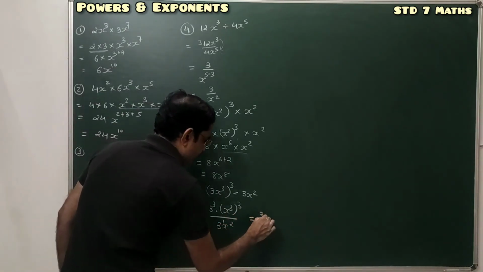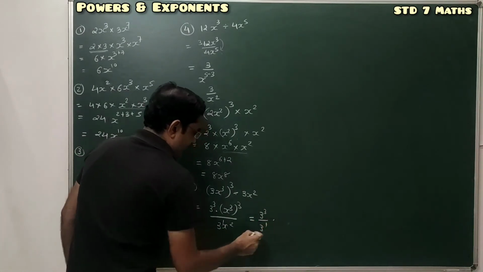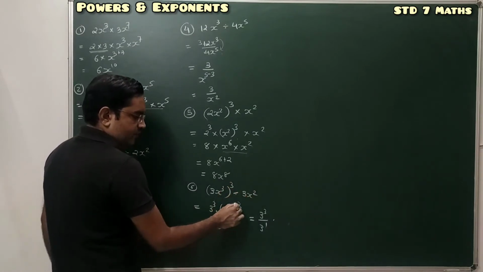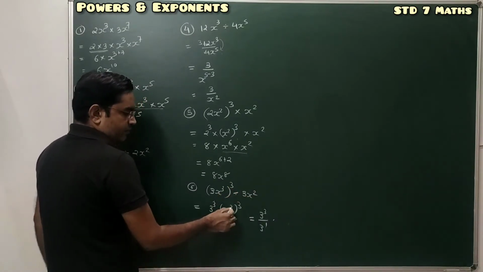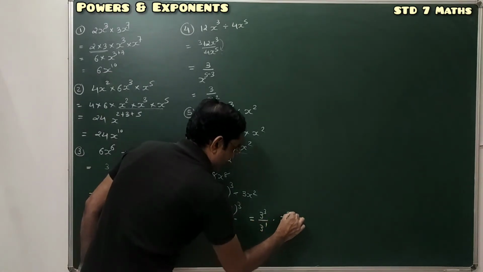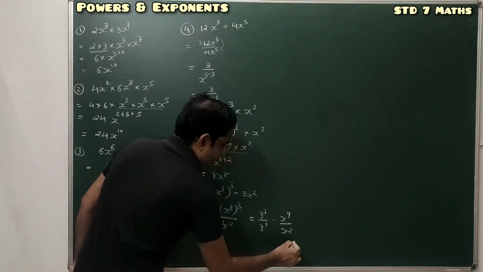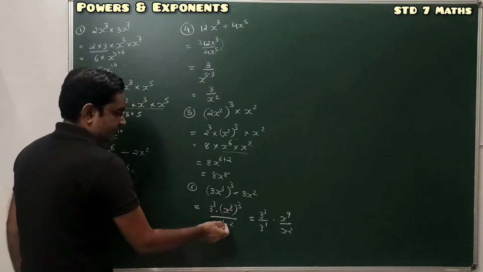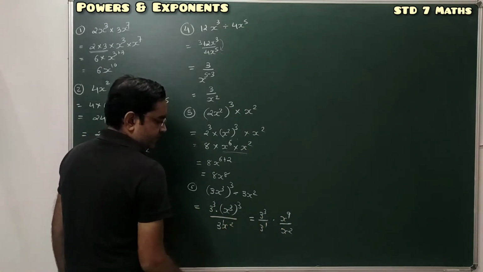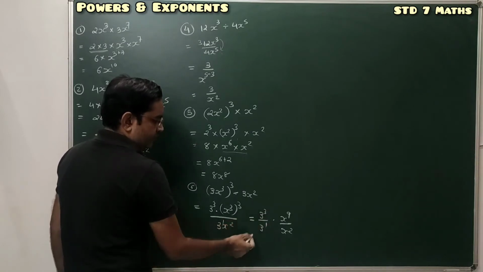And this one is 3 cube divided by 3 raised to 1 multiplied by this one x raised to 3 raised to 3. So it's a power of power. So we can perform the multiplication of this power. So 3 3s are 9. So that one is x raised to 9 divided by x square. Separate this constant part and variable part. So again these 2 powers are in division, they are having the same base, so we can perform the subtraction of these 2 powers.